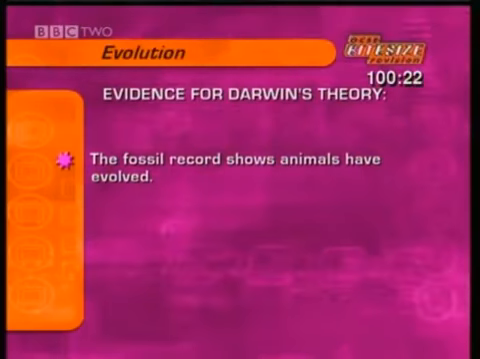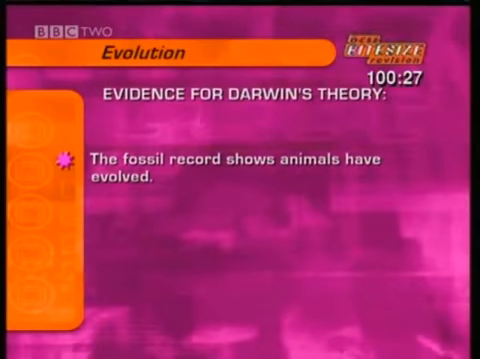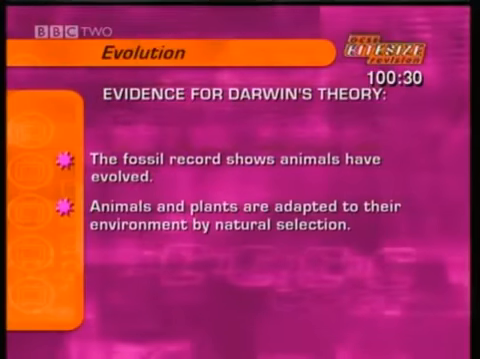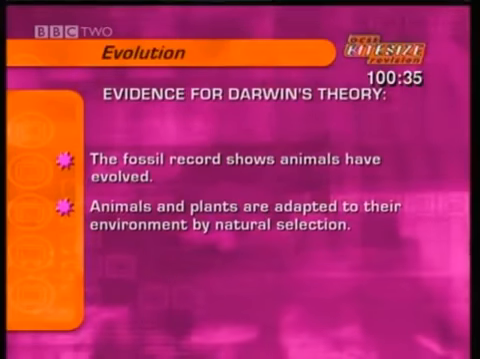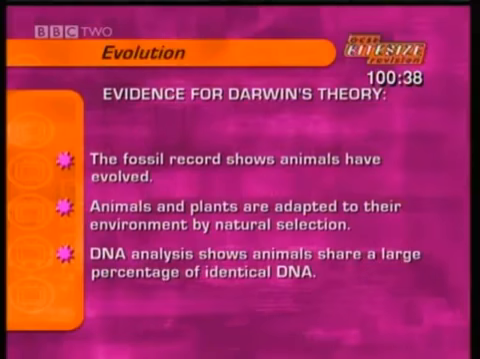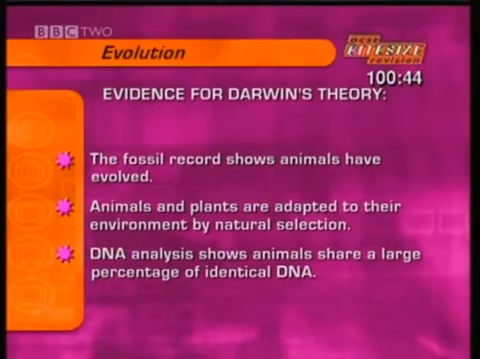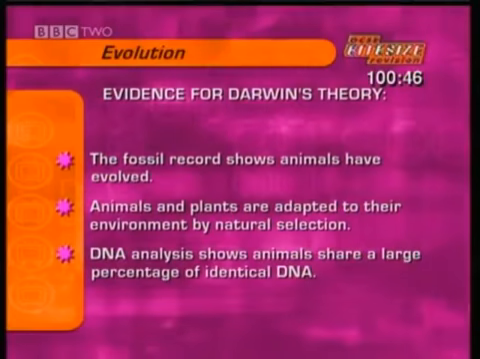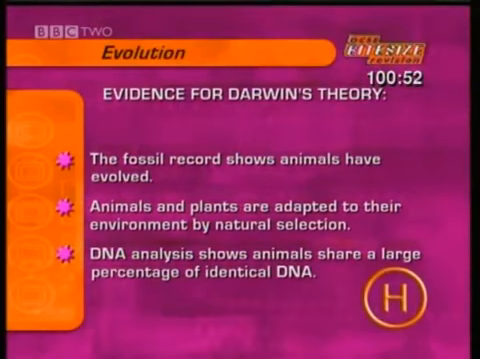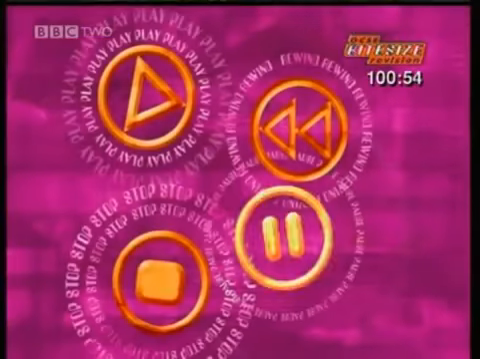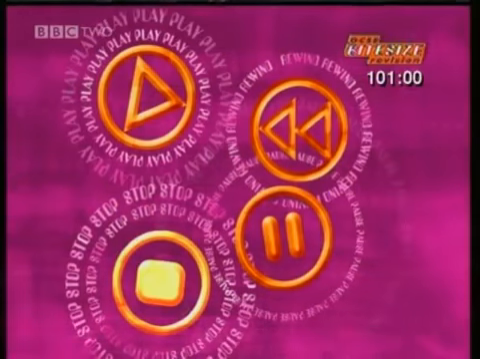The main evidence for the theory of evolution is that the fossil record shows that animals have changed and evolved over millions of years. Over time, most animals and plants have become well adapted to their environment by natural selection. DNA analysis shows that all animal species share a large percentage of identical DNA, so they must have common ancestors. There's more about variation, inheritance and evolution in the higher tier science programme. That's the end of this section on variation, inheritance and